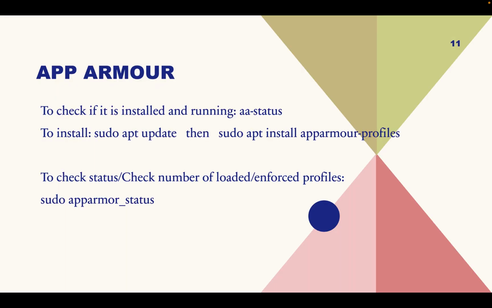To check if it's installed, I would be on the Linux command prompt, and I would run the command aa-status. If I didn't have it installed, I could install it by sudo apt update and then sudo apt install